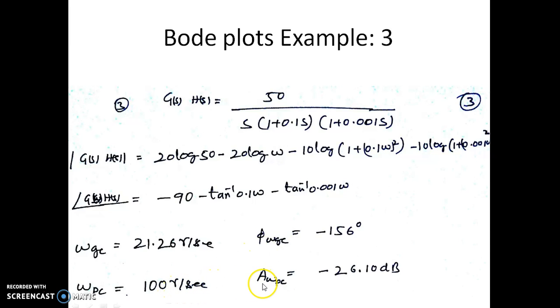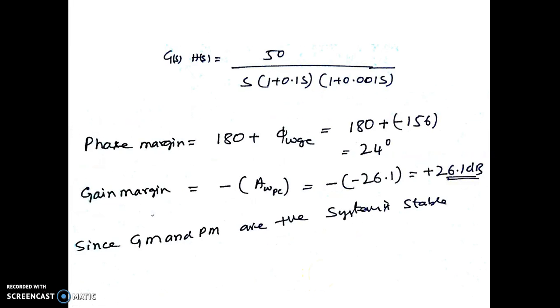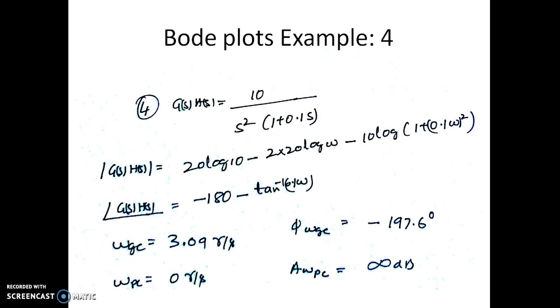The corresponding magnitude, by substituting omega as 100 in the magnitude equation, we get as minus 26.10 dB. So as we know this is the phase and this is the magnitude, we can find the gain margin and phase margin. Phase margin and gain margin happen to be 24 degrees and 26.1 dB. The system is stable. So this way we can directly find the phase and the gain margin. This is the next problem. We can have a look at how